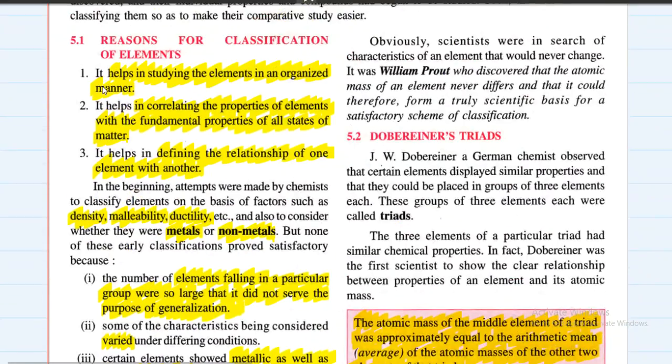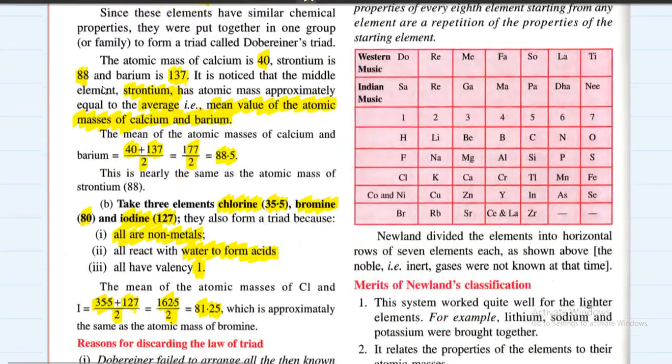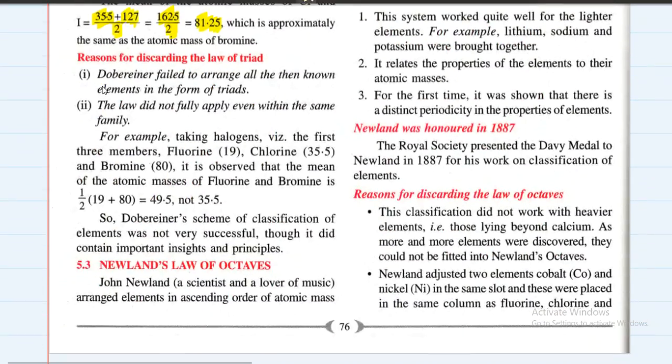अब डॉबरेनर ने तो ट्रायड बना दिए, लेकिन इसका मेथड बहुत ही जल्द फेल हो गया. Why डॉबरेनर's method failed? Dobreiner failed to arrange all then known elements in the form of triads. The law did not fully apply even within the same family. For example, taking halogens, the first 3 members of halogens are fluorine, chlorine and bromine. It is observed that the mean atomic mass of fluorine and bromine is 49.5 but not 35.5 as it should